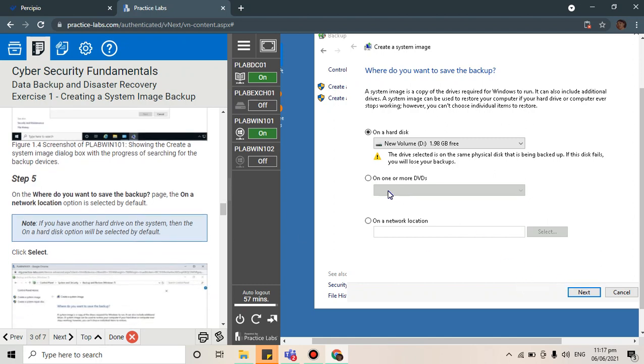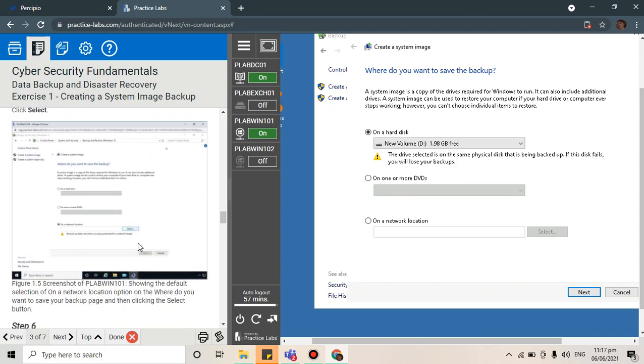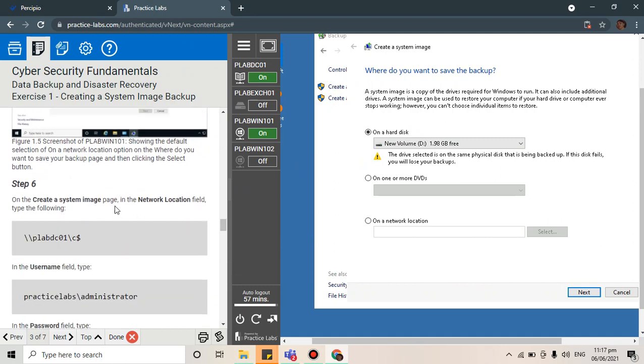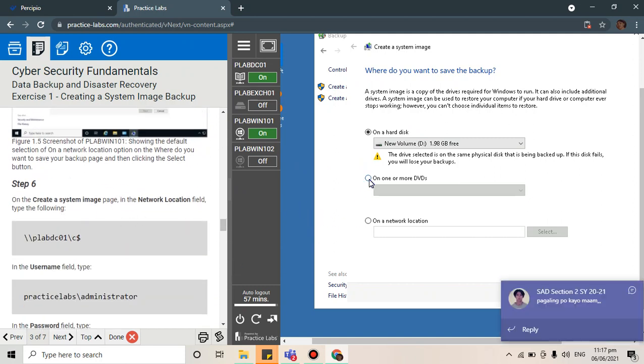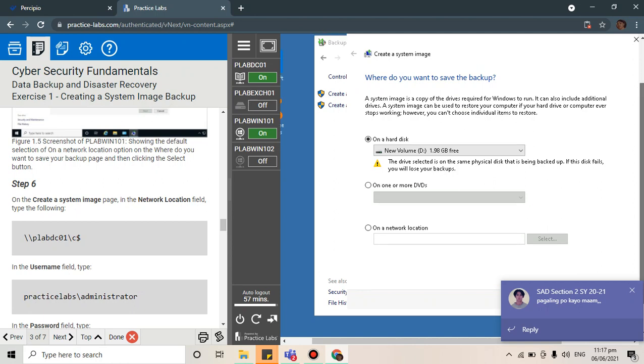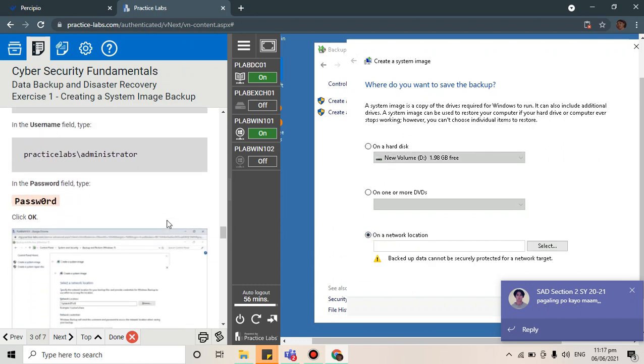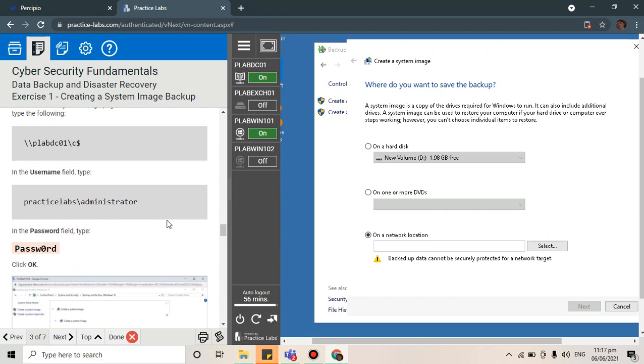Click select, then wala tayong nalagay dyan. In the create system image, oops, wait lang, may lumabas na things. Create system image, network location, wait lang,